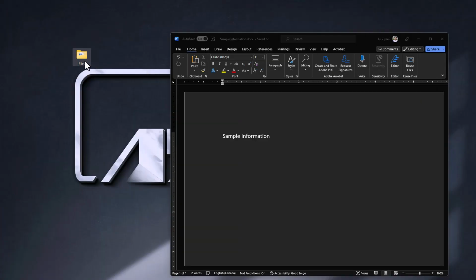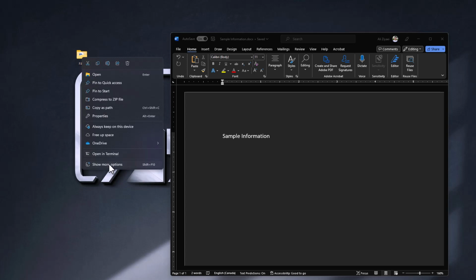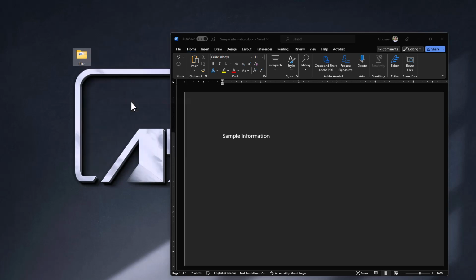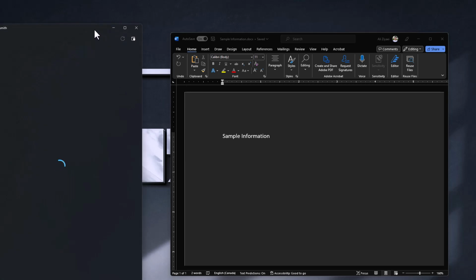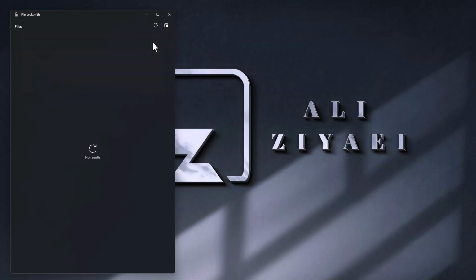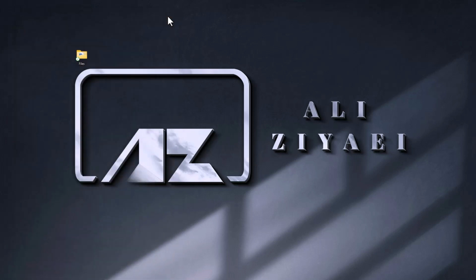When enabled, the extension is added to your right-click context menu. If you would like to see which process is using a file, simply right-click on the file, select Show More Options, and select what's using this file. File Locksmith will show you the application using the file, and if you want, you can see the detailed information about the process as well. Information like process ID, username using the file, and the exact location. Optionally, if you need, you can click on End Task to close the application and kill the process that's locking the file.